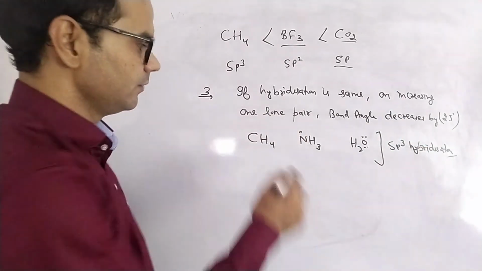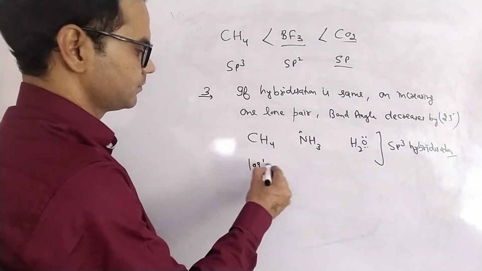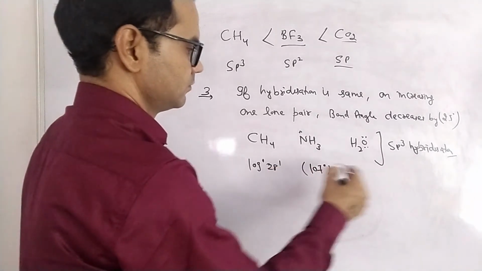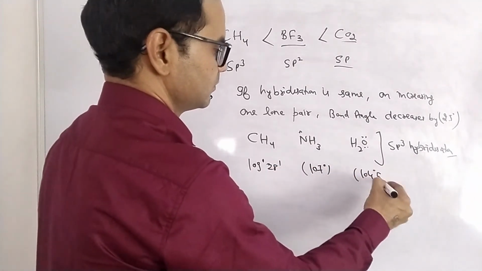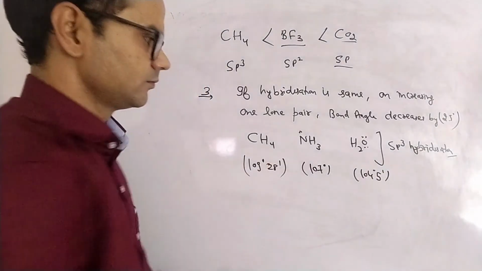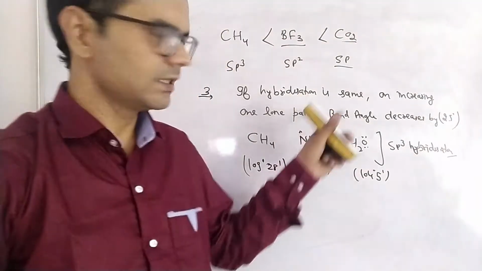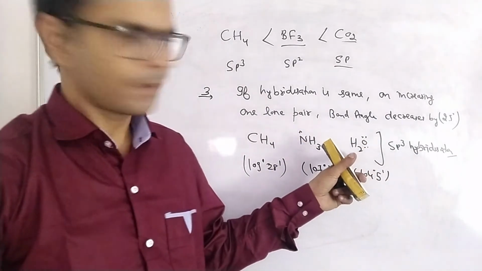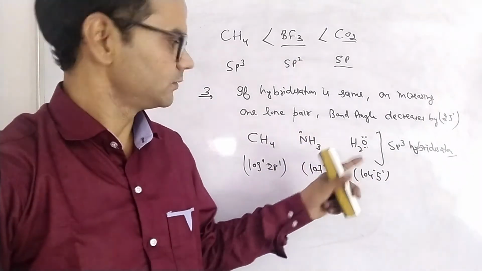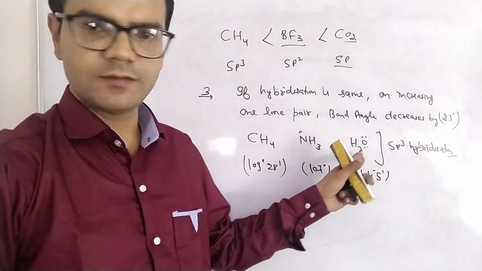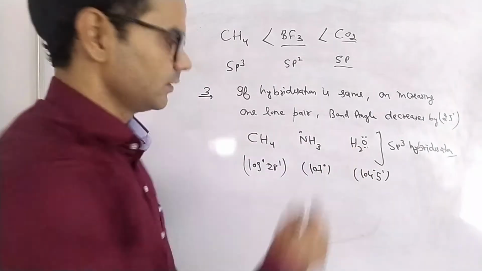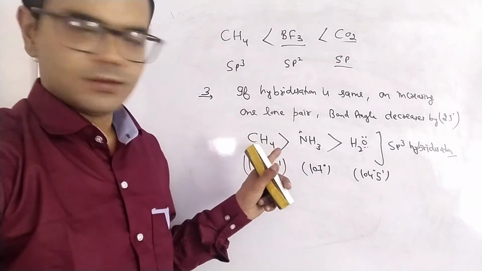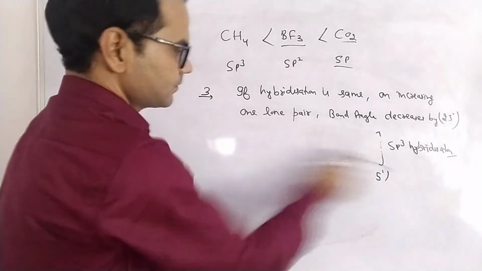So the bond angle will be as follows. Hybridization is still the same, but the bond angle of water is least. Why? Because it contains two lone pairs. So the order will be this. Rule number 4 is